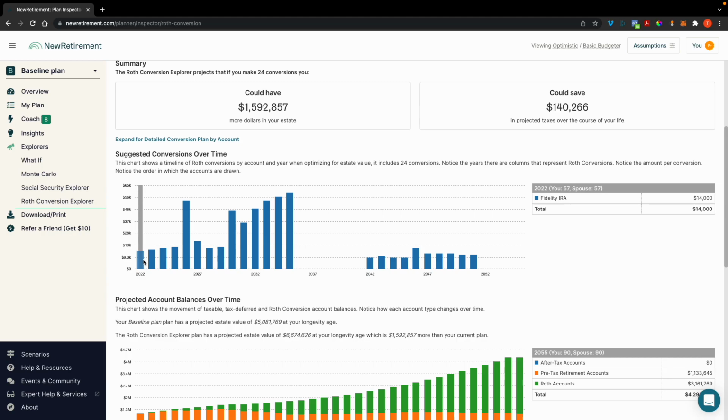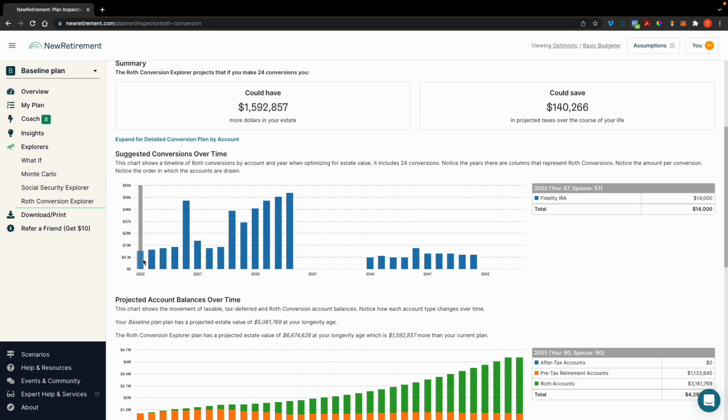On the right-hand side, you'll see $14,000 in the year 2022. That's all well and good, but what I want to see is, if I were to implement that change, how much value could that add lifetime and then how much additional taxes would that trigger, right?